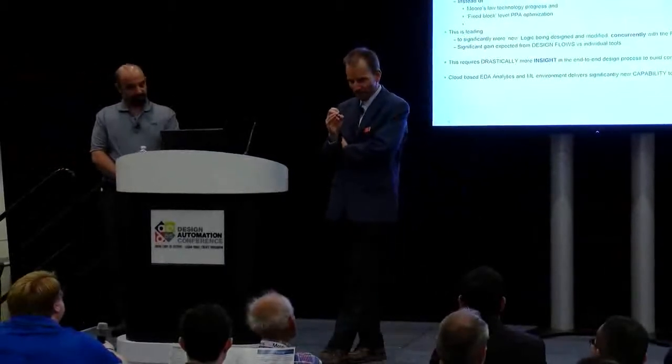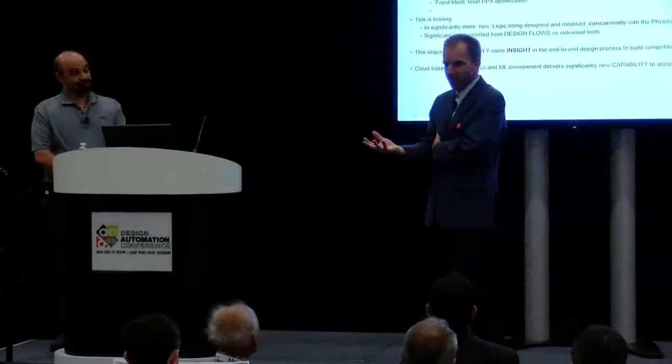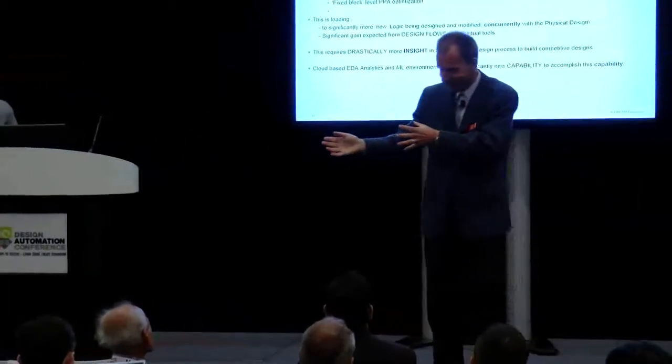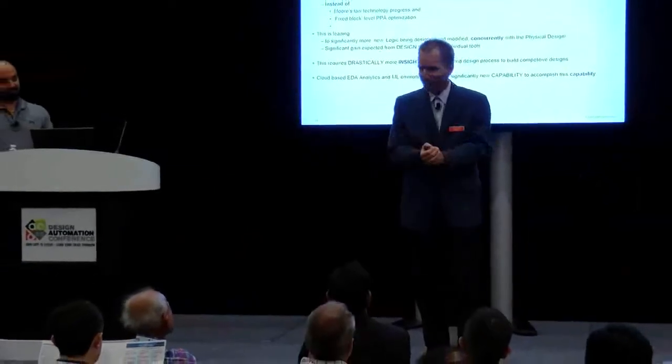I think there are a lot of interesting business problems that are going to be sorted out in the EDA industry in the next 5 years. The first is that we're getting this whole machine learning paradigm. Who owns the data? You as a design engineer, you as the verification engineer, the logic designer? Probably yes, correct? Now we're going to build machine learning models on top of this data. Who owns the models? You, the EDA vendor? I don't know. Then who can do something with these models? Can you take these models and sell them to somebody else, your competitor, who can then optimize his design with your learning? Those are the kind of interesting discussions we're going to get into.